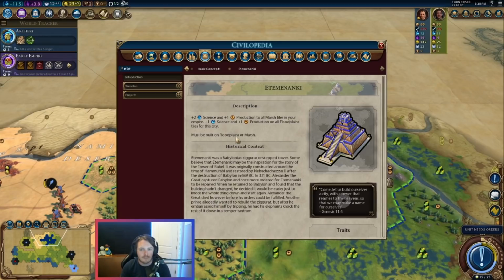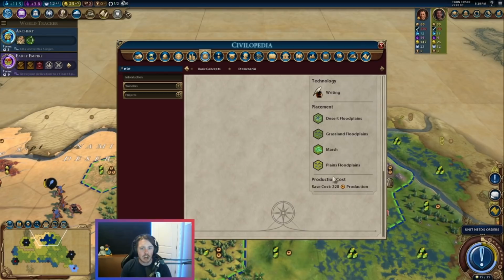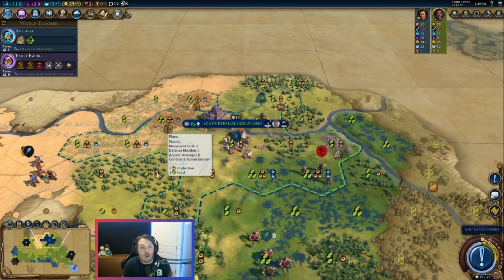You have to build this on a floodplains or marsh tile, so no worries there. And then it costs 220 production, and I really want to talk about this 220 number because, at least in the early days, this wonder just came out, so my thoughts on it might evolve over time, but at least in the early days, this 220 production cost is really important to how I've framed how good I think this wonder is. So obviously, in order to make the ETEMENANKI work, to even think about building it, you are